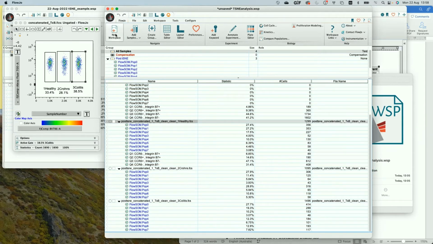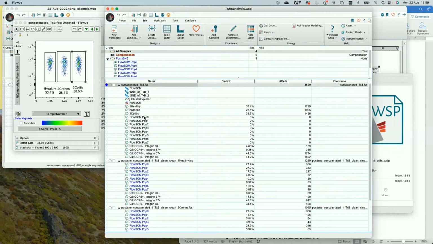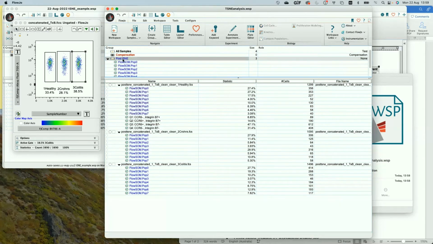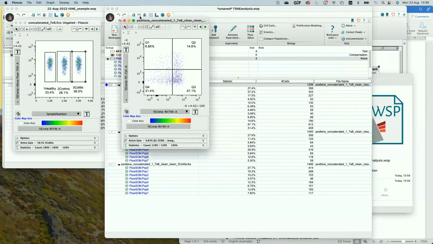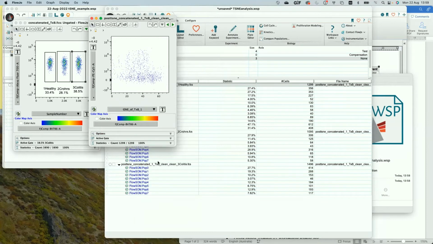I created a new group up here called post-tSNE, and I've just dragged and dropped those exported populations into here. Now I've taken across my FlowSOM populations that came from my total concatenated analysis here, and I just dragged and dropped these onto my exported populations so I could do a side-by-side analysis. So now what I can do is open up, and every time that you've done this, you've now kept your tSNE